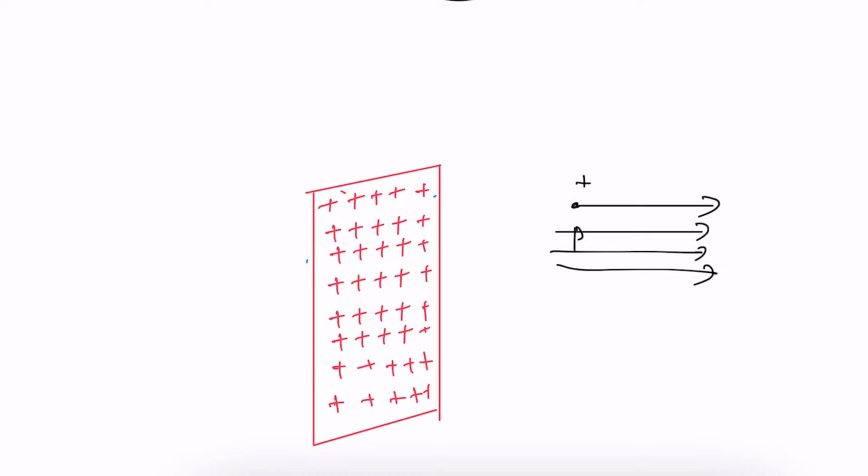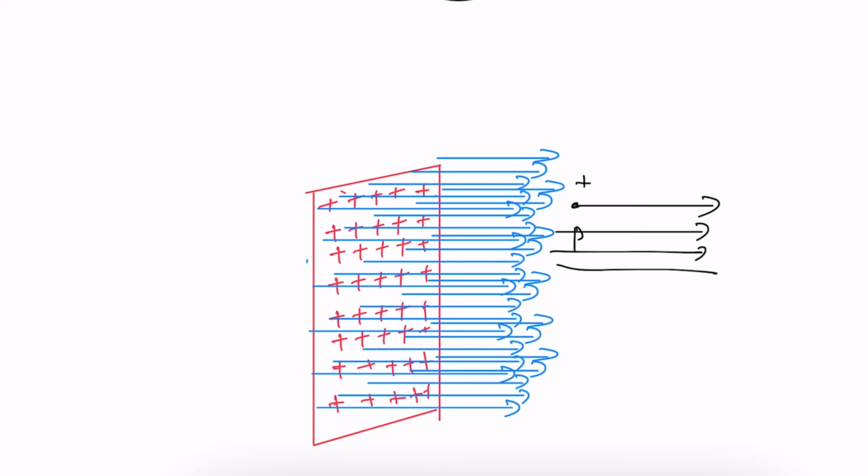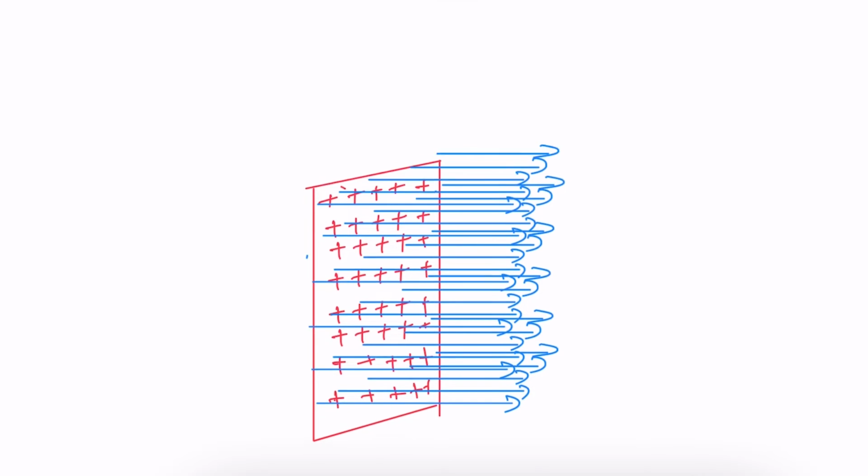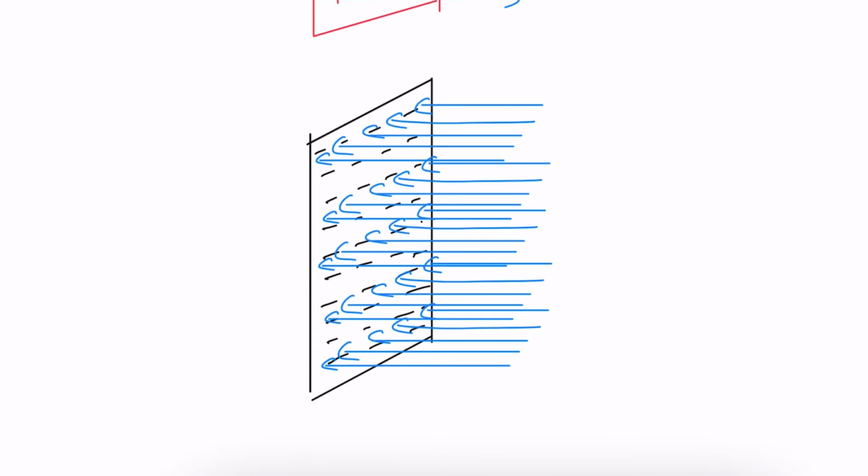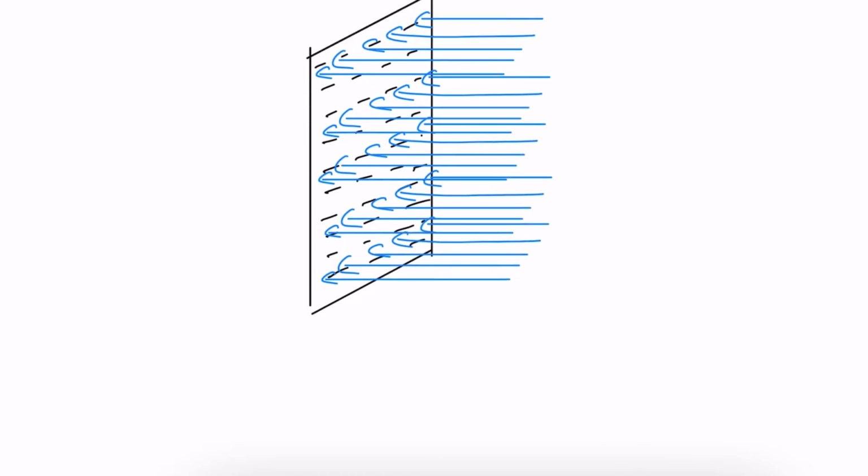Finally, we get it like this. For the negative charge sheet, we get electric field lines like this, because suppose point P is here, this is attracted by the negative sheet plate along this direction. So these electric field lines